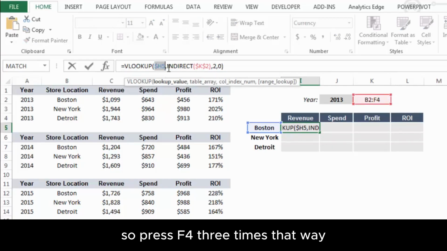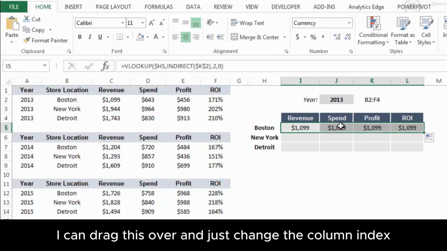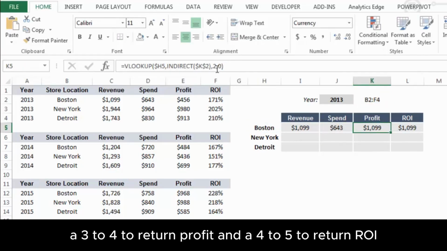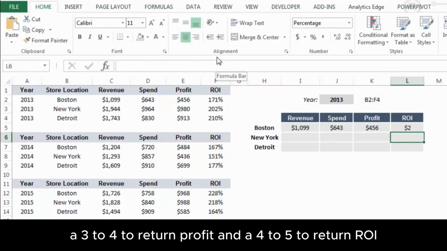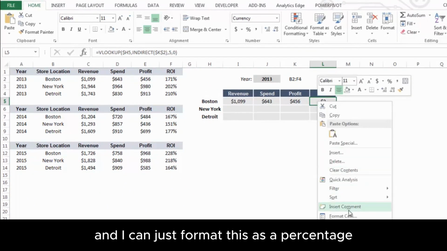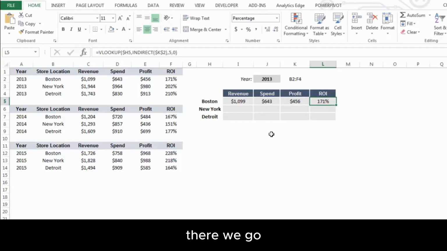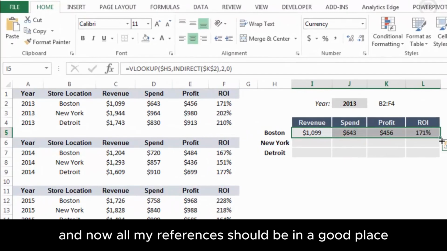So press F4 3 times. That way I can drag this over and just change the column index from a 2 to a 3 to return spend, a 3 to a 4 to return profit, and a 4 to a 5 to return ROI. And I can just format this as a percentage. There we go. And now all of my references should be in a good place so that I can just